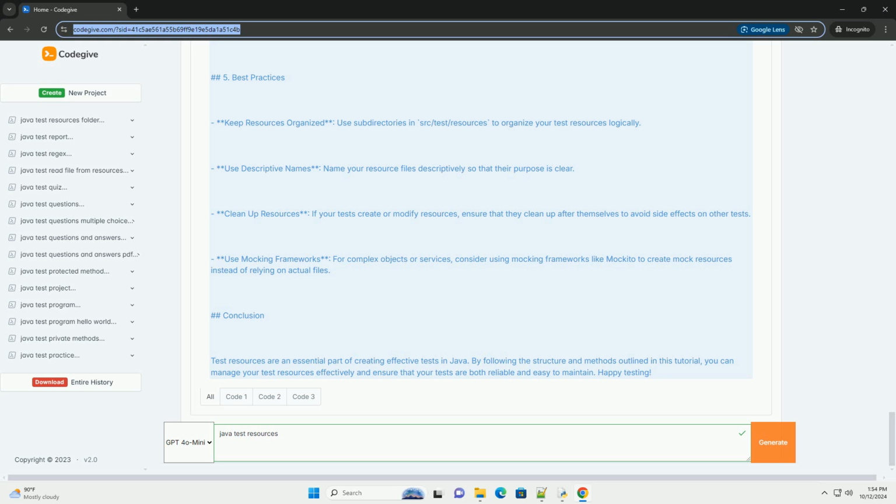5. Best practices. Keep resources organized. Use subdirectories in src/test/resources to organize your test resources logically. Use descriptive names. Name your resource files descriptively so that their purpose is clear. Clean up resources. If your tests create or modify resources, ensure that they clean up after themselves to avoid side